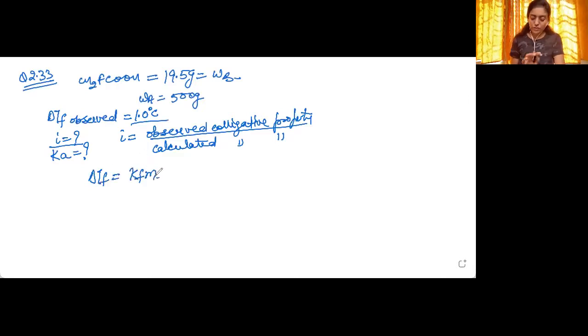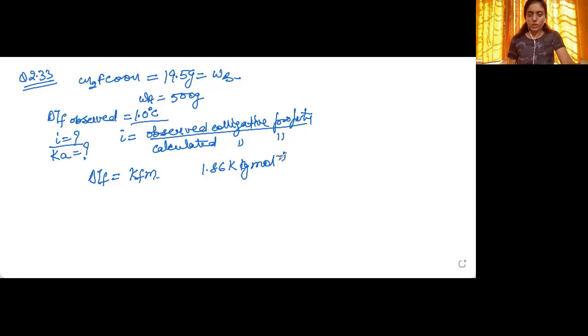Okay, so Kf has not been given. Many a times it will happen that Kf, either you will be given some kind of information from where you will be able to find out Kf, or you will not be given any information, neither the value of Kf. There you will need to know in your own head what is the value for Kf, especially for water. I don't say that cram it for all the solvents, but especially for water, you should know what is the value for Kf. So it is 1.86 Kelvin kg per mole.